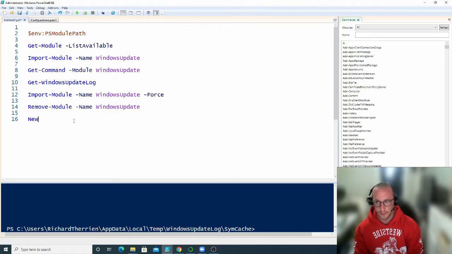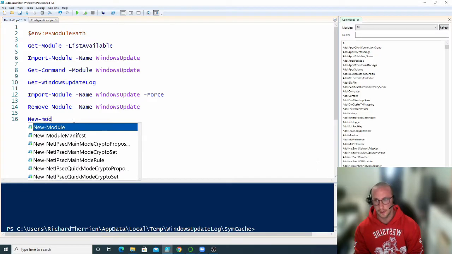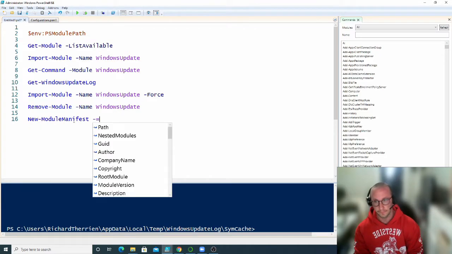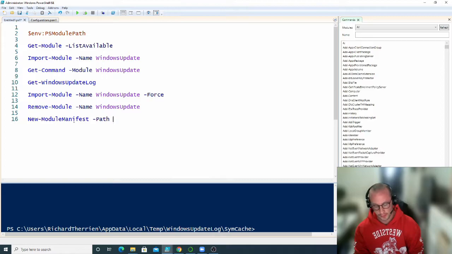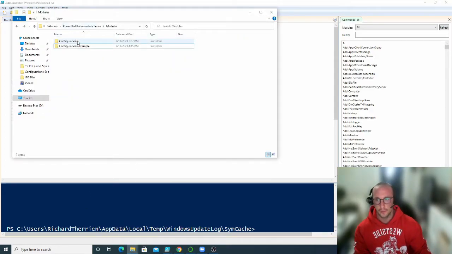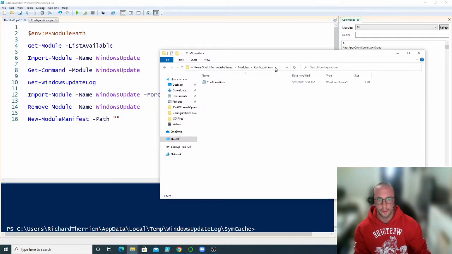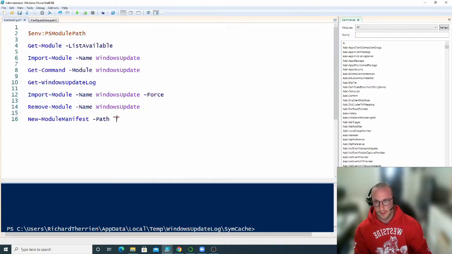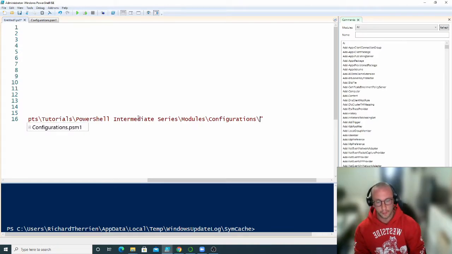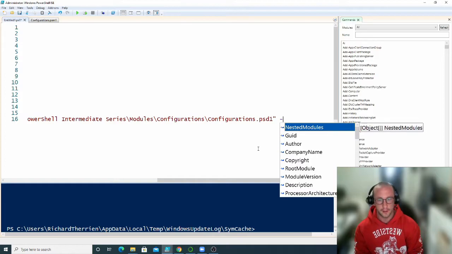So how you would do that is just New-ModuleManifest. And the first thing you're going to want to do is put in a path. Now this path is going to be the path to inside of your module folder, and add one more backslash, and then we're going to want to name this configurations.psd1. This is a PowerShell data file for the manifest, and then you're going to have some other parameters to